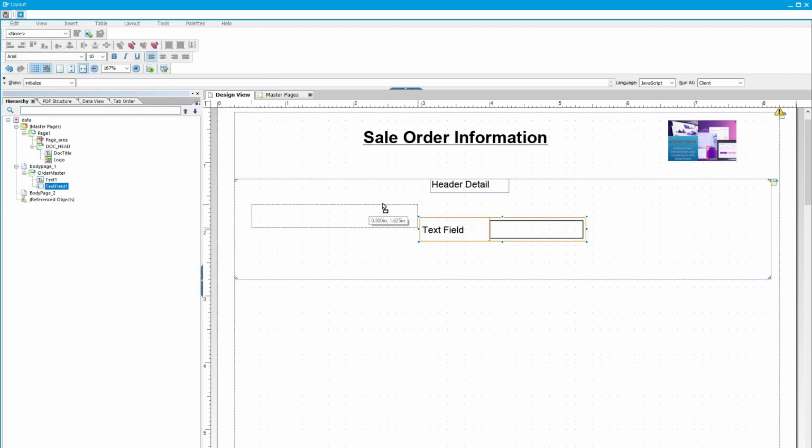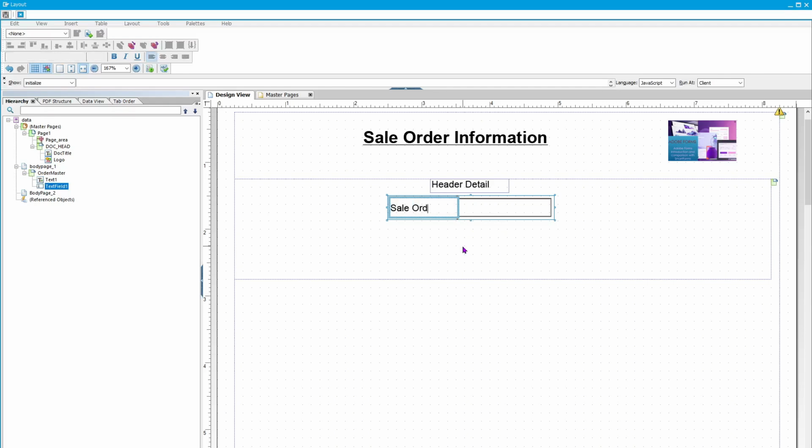Here it is. So if we want to print our sale order number here in the middle of the screen, sale order number. The value which will be printed in the label of sale order number will be adjusted by using the binding properties of this object. So if we want to see the object menu, we will